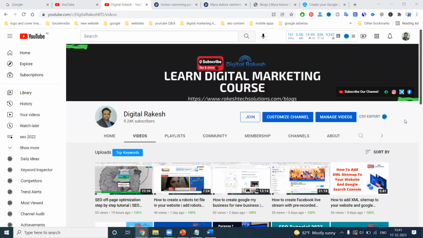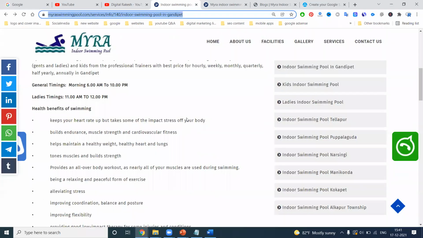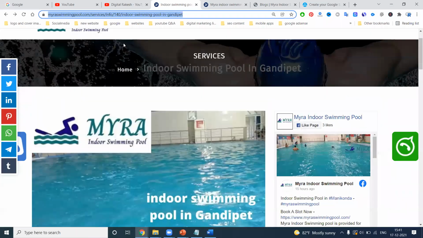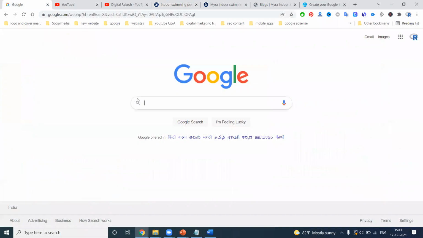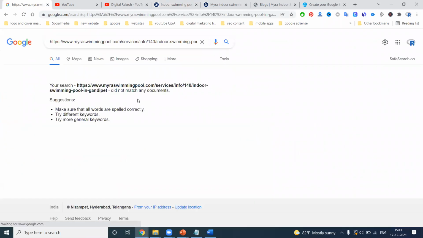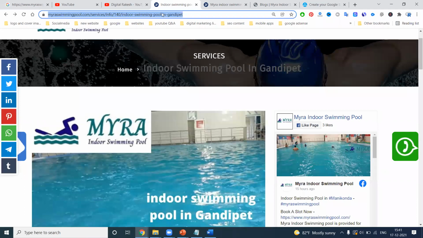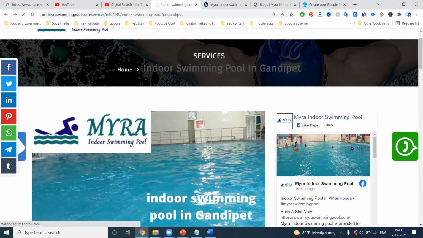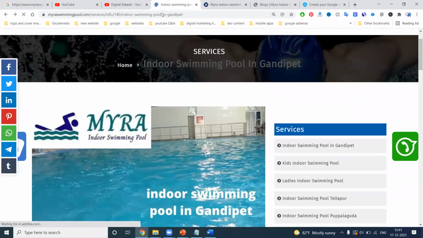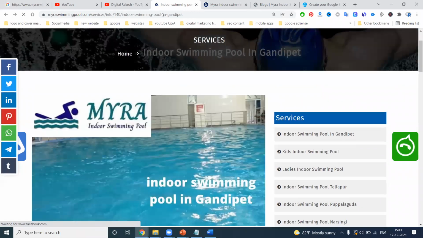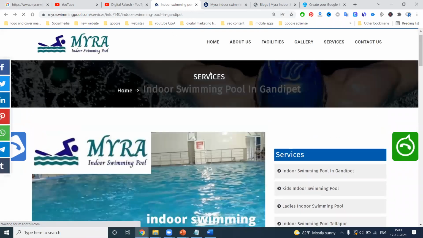So guys, for any new web page link, it's for Google indexing purpose. First of all, copy the URL and check it on Google. So it is for indexing purpose. What URL will be submitted here? We can refresh with Control F5 three times. You can click on your particular link on your particular website.